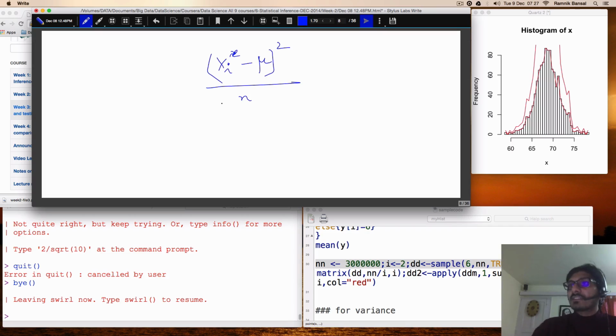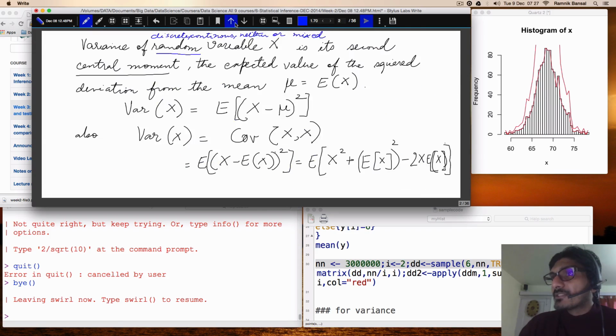All right, so where n is the number of samples, let's say. So this is what I'm interested in. Okay, so coming back to our first page. All right, so this is what I'm saying. So my variance is the expected value of x minus mu the whole square. All right, and then I can expand it. Expectation is linear, which means if I say